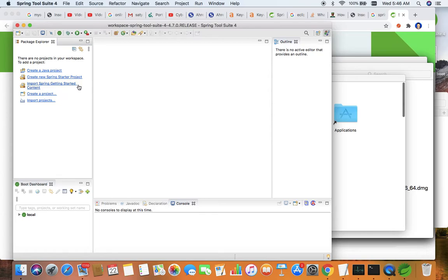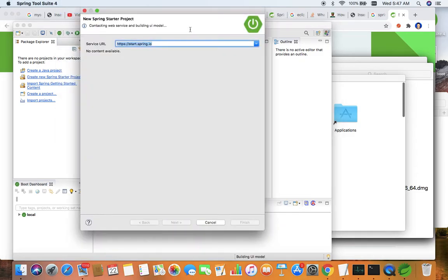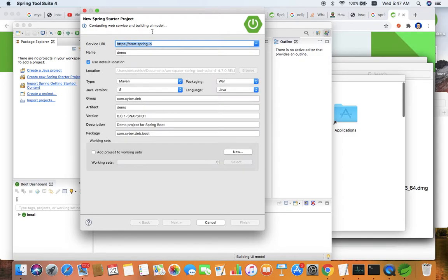So we can simply go for File, New, Spring Starter Project. Remember it. If you want to create a Spring project or Spring Boot project, you can click on File, New, Spring Starter Project. Here it will give you the options for which build type you want to create.